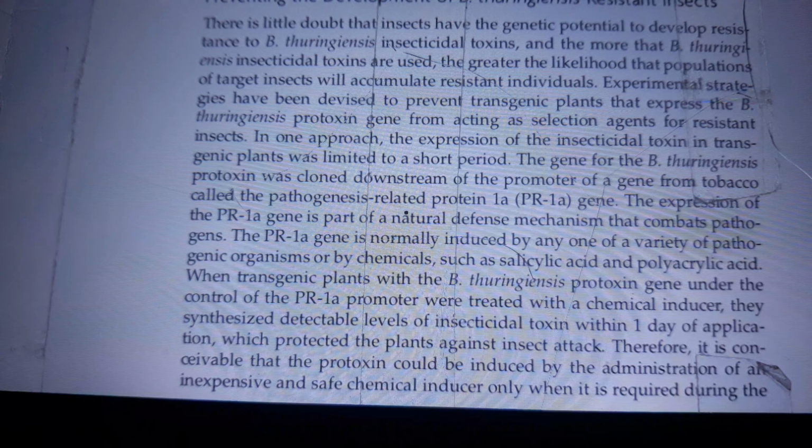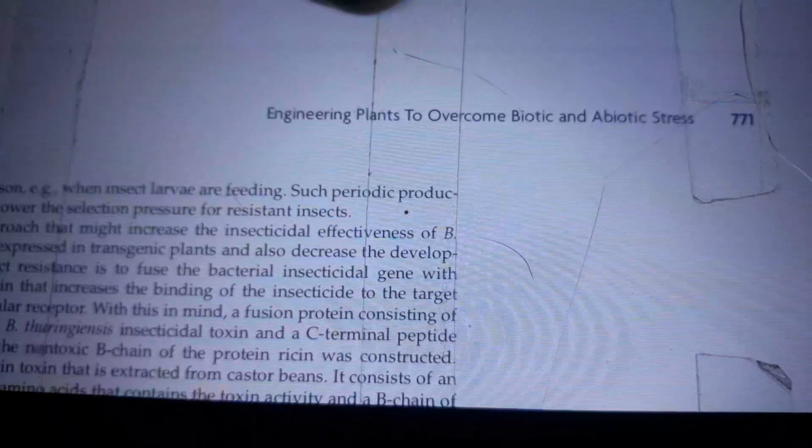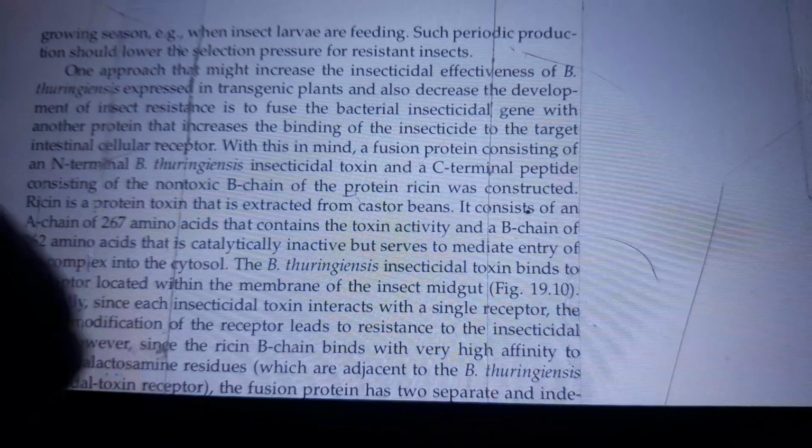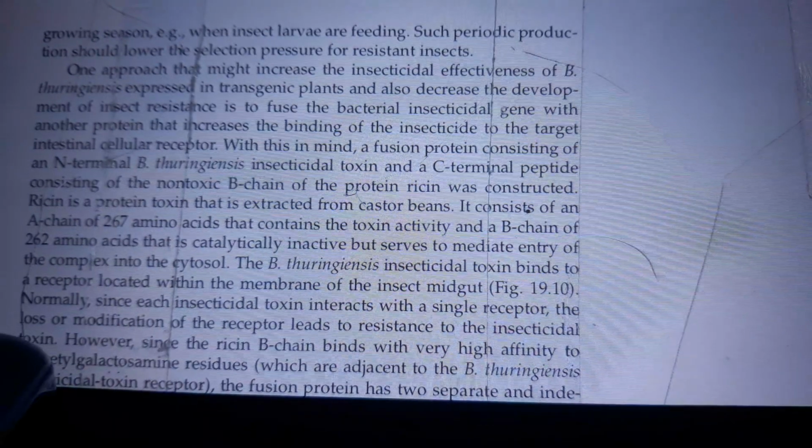Therefore, it is conceivable that the protoxin could be induced by the administration of an inexpensive and safe chemical inducer only when it is required during the growing season, when insect larvae are feeding. Such periodic production should lower the selection pressure for resistant insects. One approach